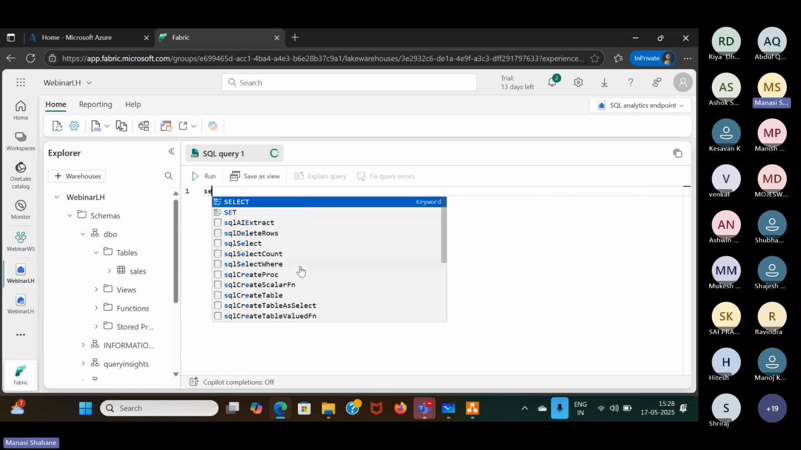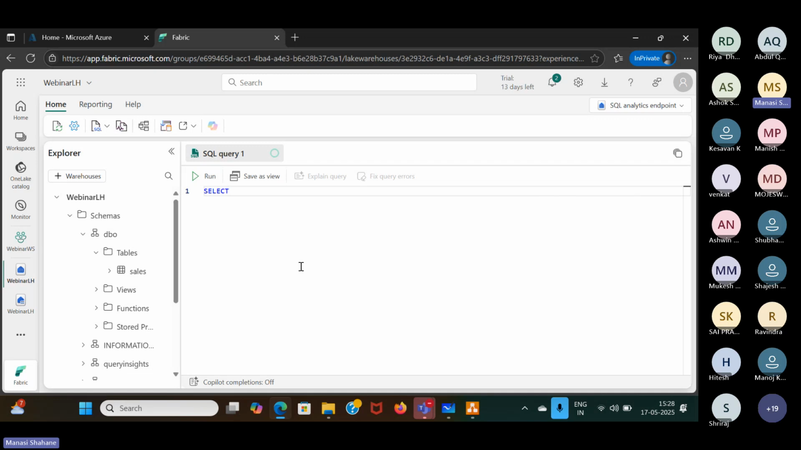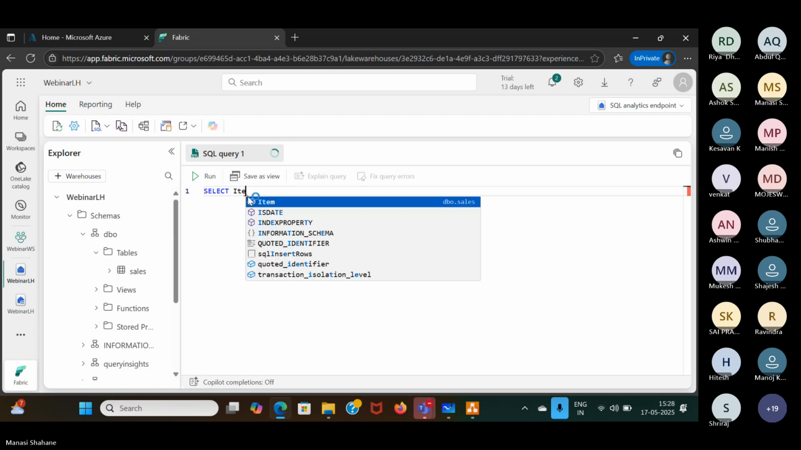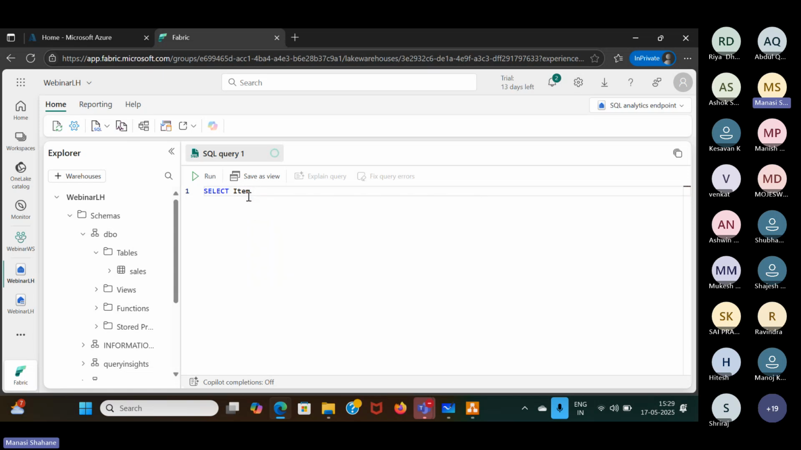So I write a simple select statement. Here we are going to do a simple group by operation, and I am going to group the data item wise. I'm going to find out the total quantity sold and total revenue generated item wise. So I'll say item,